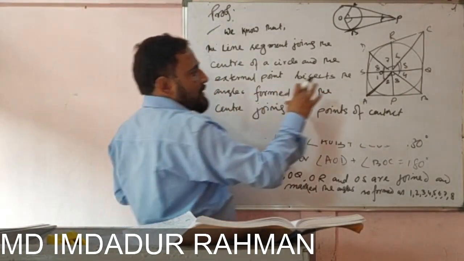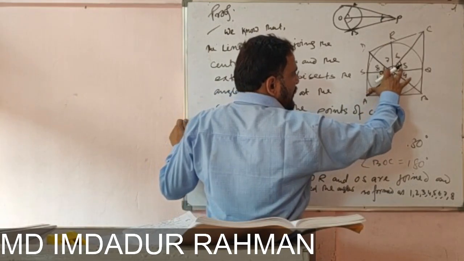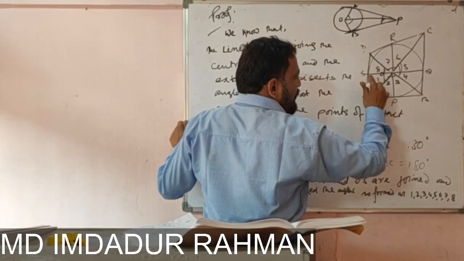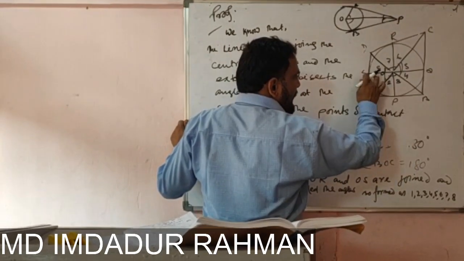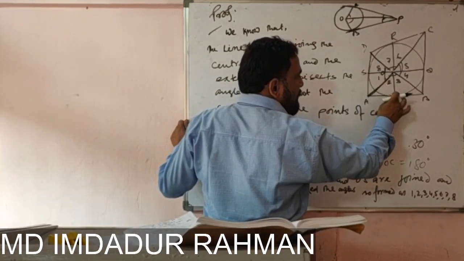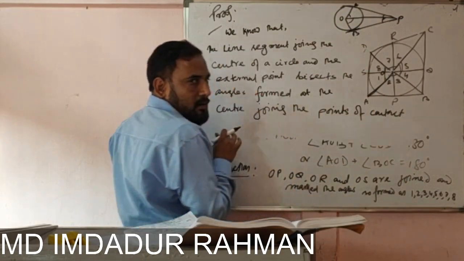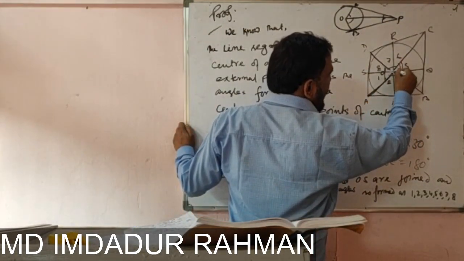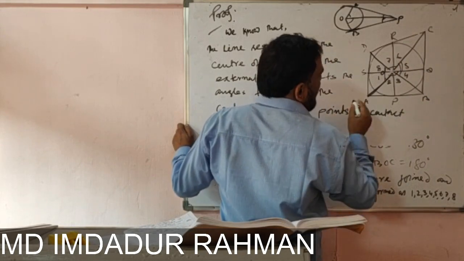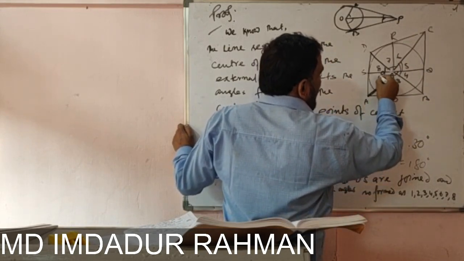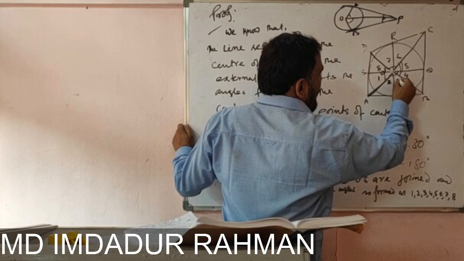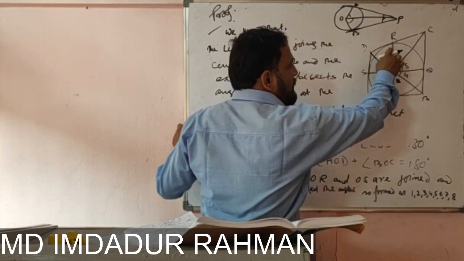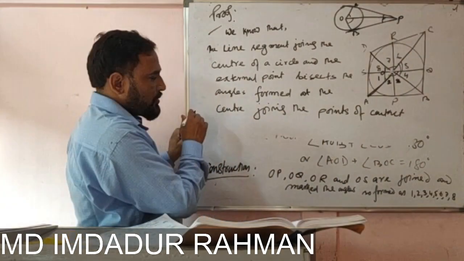So what this OA made is this angle in two parts, PAS and POS. Like this, here also OB made these two angles equal. That is simply, here angle 1 is equal to angle 2, angle 3 is equal to angle 4, like this angle 5 is equal to angle 6 and angle 7 is equal to angle 8. So therefore we can write,